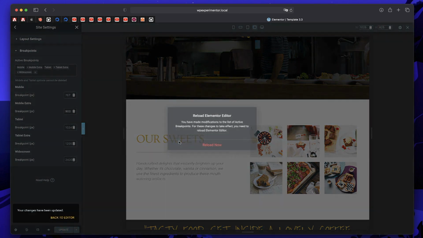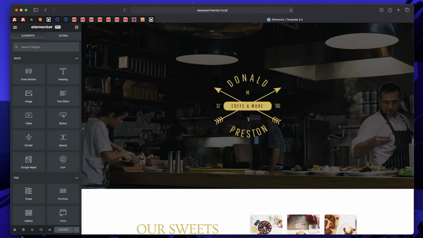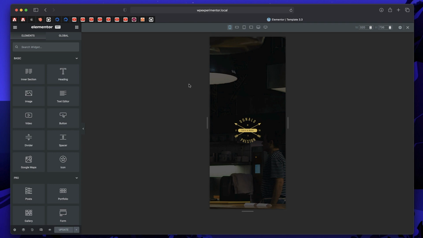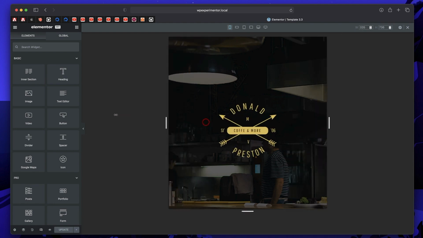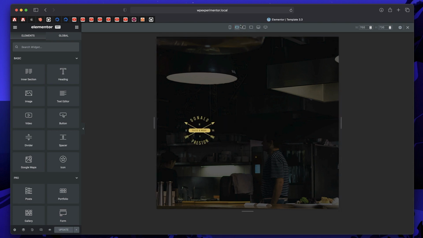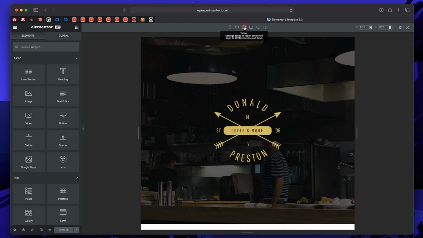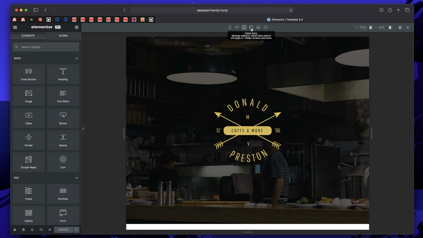Again, you can verify the boundaries of the breakpoint by going to the responsive mode and clicking and playing with the width. Again, I'll go to the responsive mode. Let me clear it up once again. Now the tablet breakpoint, when you click on the view, it shows you the minimum width of that particular breakpoint view. And when you drag it out, it shows the maximum width of that particular breakpoint view. So my mobile view maxes out at 767. My mobile extra starts from 768 pixels all the way up to 900 pixels. Now the tablet view starts from 901 pixels all the way up to 1024 pixels and so on.